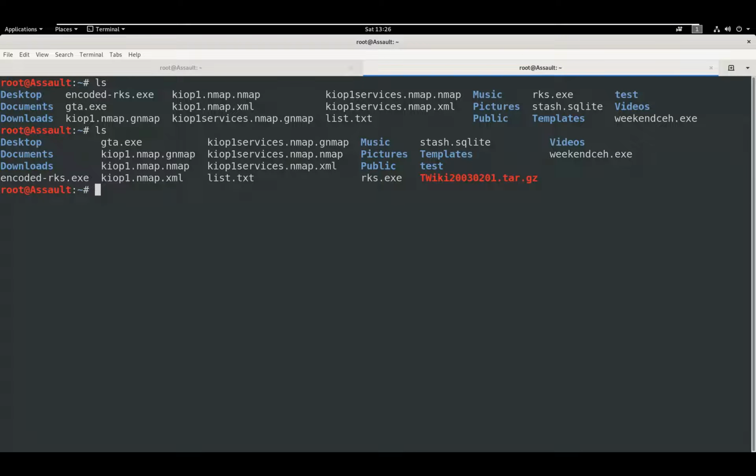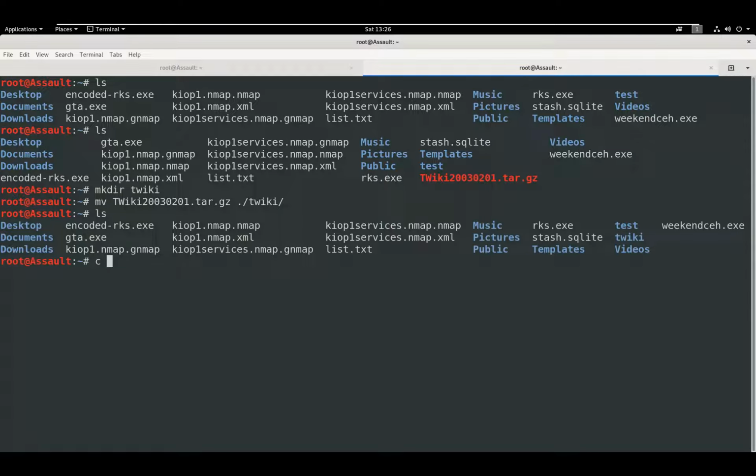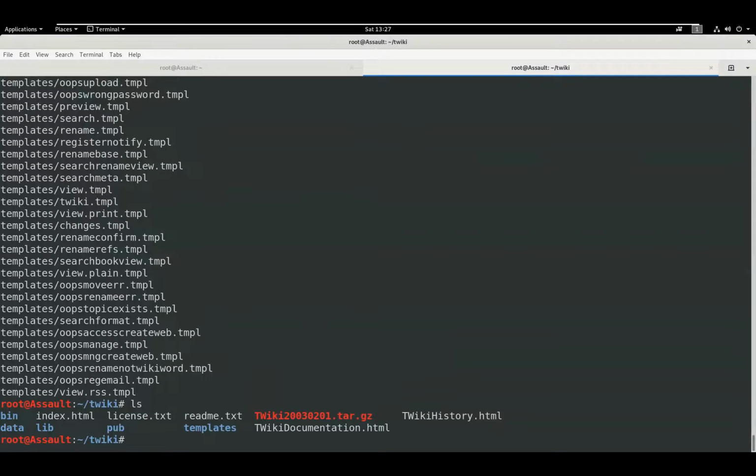Okay, let me quickly create a directory with the name of Twiki. Move this zip file into the directory. Cd Twiki. Try unzipping this file with xvzf, and it has unzipped this file,